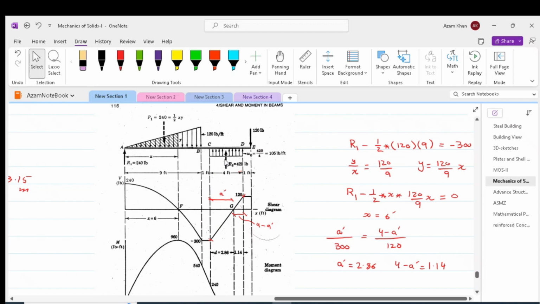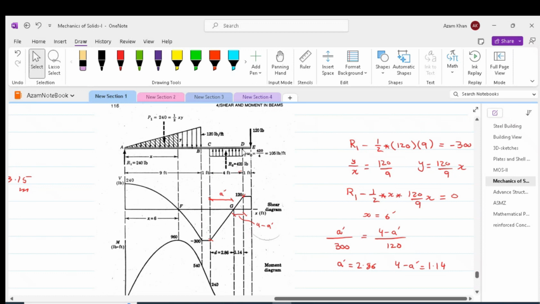In CD, we have a UDL applied which is facing up. So minus 300 will be added to the magnitude of this UDL, which is 420 pounds, i.e. 105 times 4. So 420 minus 300 gives us 120. Again, we have a change from negative shear to positive shear within the segment CD, and we would have a zero shear somewhere. Now to find out that zero shear, we will make use of similarity of triangles. So this distance A prime by 300 should be equal to 4 minus A prime by 120. From here we can find out A prime easily, and 4 minus A prime will come out to be 1.14